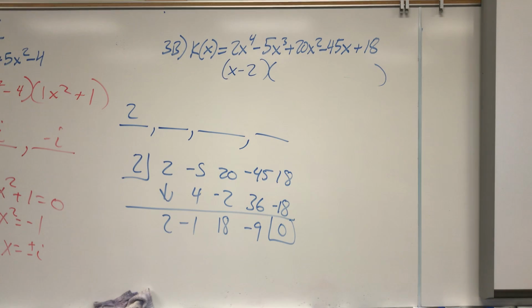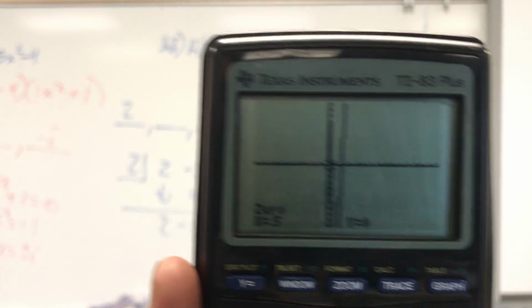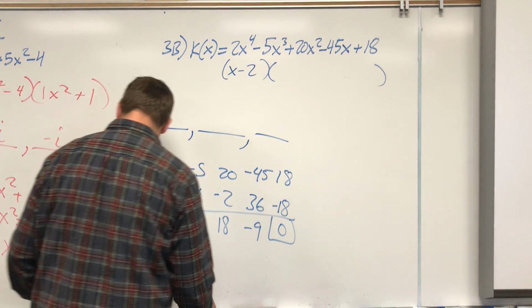So if I use the calculate zero key, left and right of it, it says 0.5 is a 0. Well, that's nice, because if 0.5 is a 0,